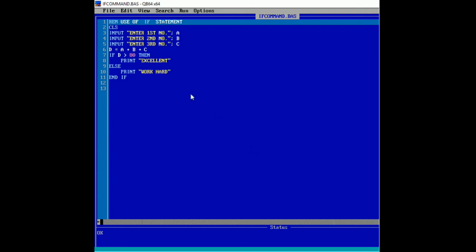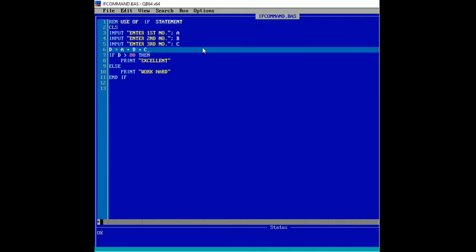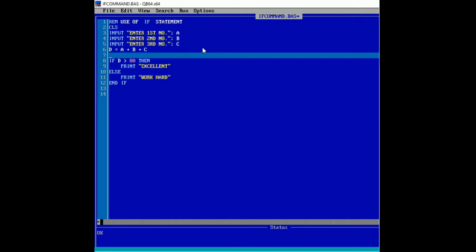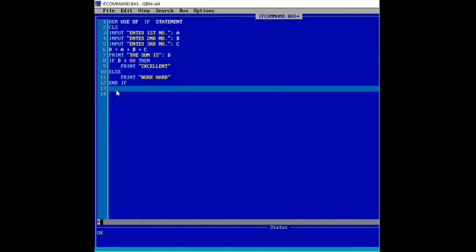Enter the first number in variable A, the second number in variable B, and the third number in variable C. An expression is used here, A plus B plus C. The sum of these three variables will be stored in the variable D, and here we will print the sum is D. And now if D greater than 80, then print excellent, else print work hard.